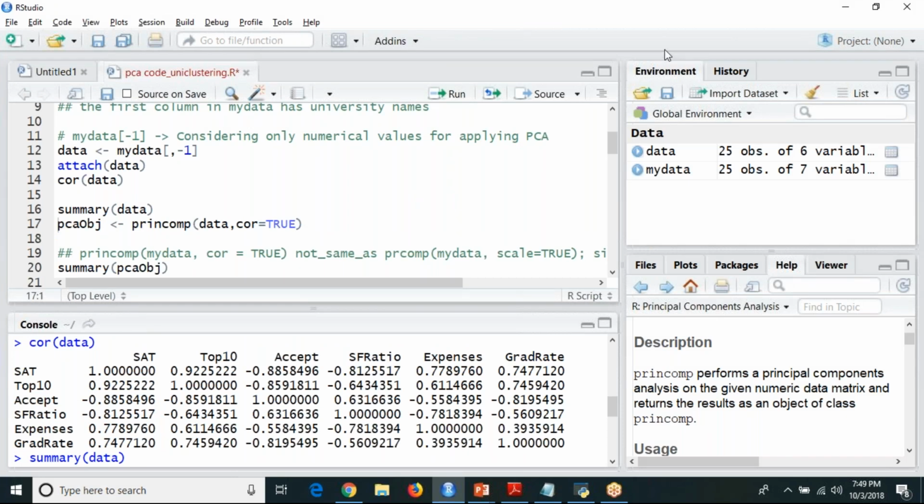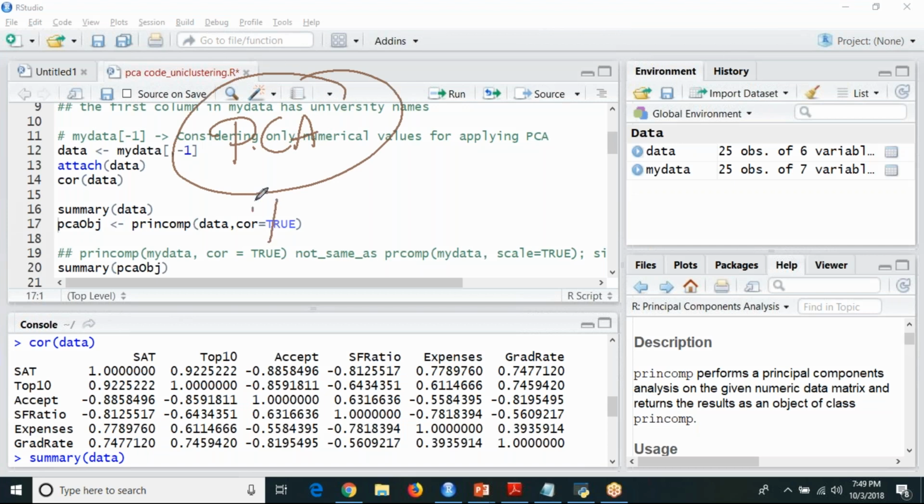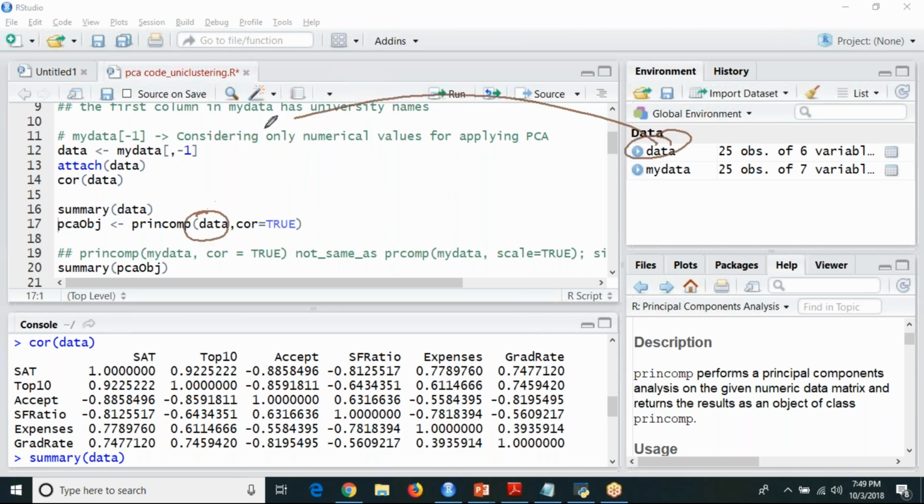Now I am going to implement my principal component analysis algorithm by using a function called princomp, and I am passing my data set name, that is data. Before applying PCA, your data was correlated.